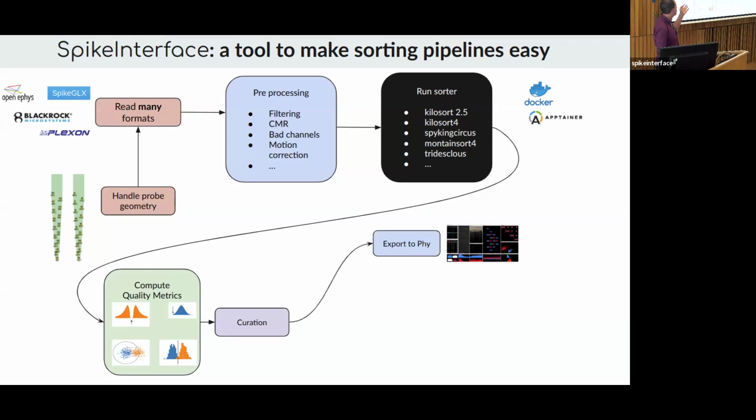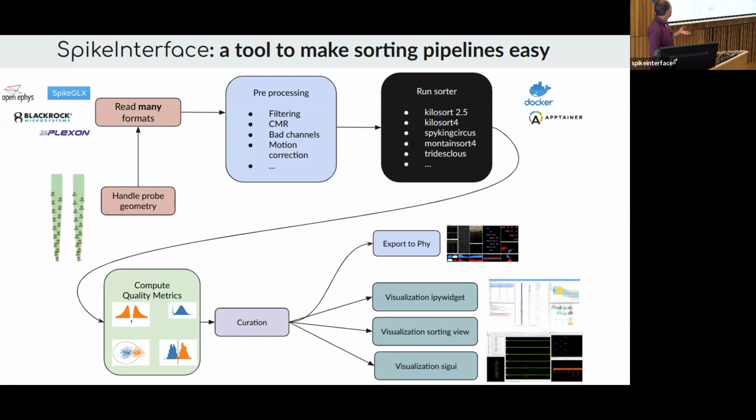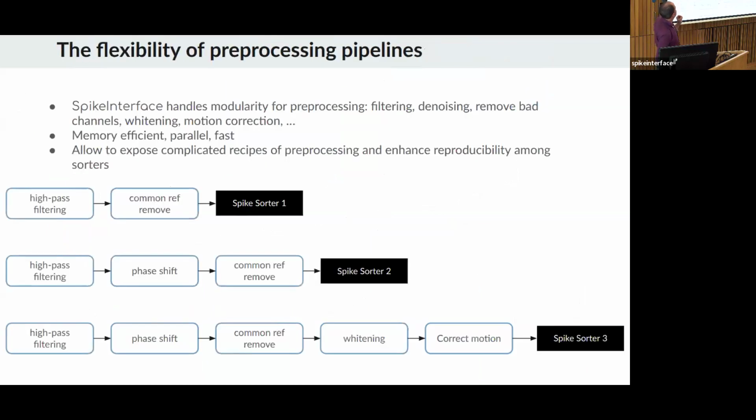And if you want, export to file. Spike interface is also now handling quite intensively the visualization of the output of the spike sorting results themselves, thanks to IPy widgets in notebooks and sorting view, also developed by Sam, and SI-GUI and so on and so forth. So the spike sorting view is by Jeremy Magland at the Simons Foundation, and the SI-GUI, the Spike Interface GUI, thanks to Sam. But the whole ecosystem has grown quite extensively, and the idea is to ease the development of pipelines. But we still have this black box here, in a sense.